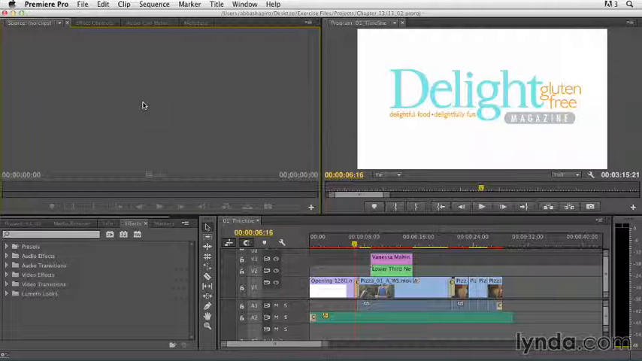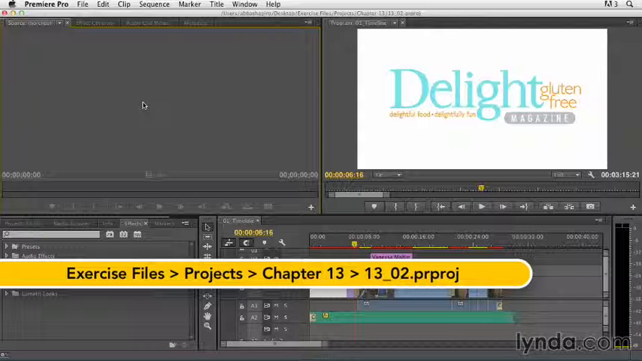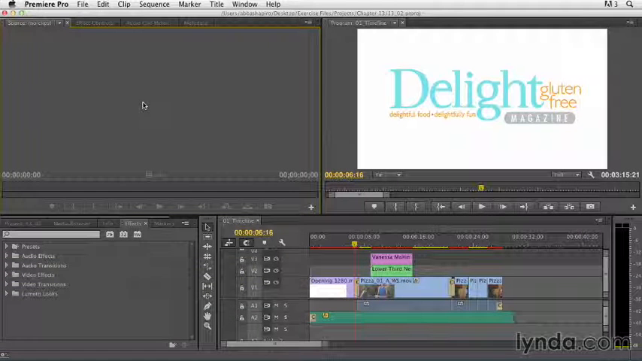In the previous movie, we learned how to place transitions on our timeline. In this movie, I'm going to show you how to modify those transitions, making them longer or shorter, or repositioning them directly within the timeline or in the Effects Control tab. The first thing I want to point out is that the default durations for both video and audio transitions is